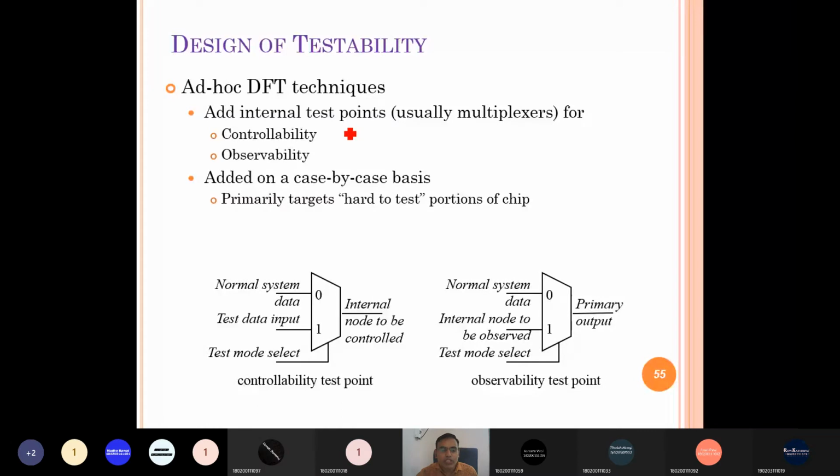When we make the selection line test mode, it selects the test data as output, and we can test the internal line. By adding muxes we improve the controllability and observability of the internal node.